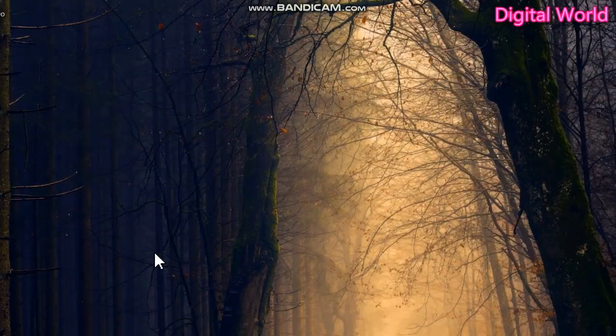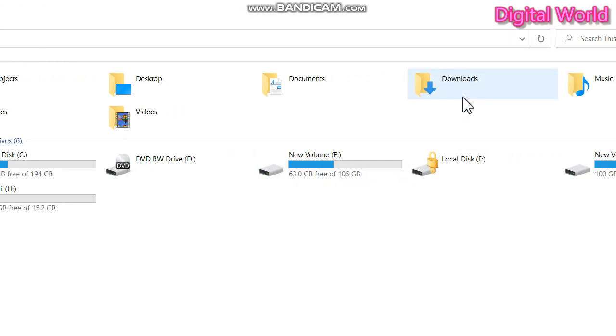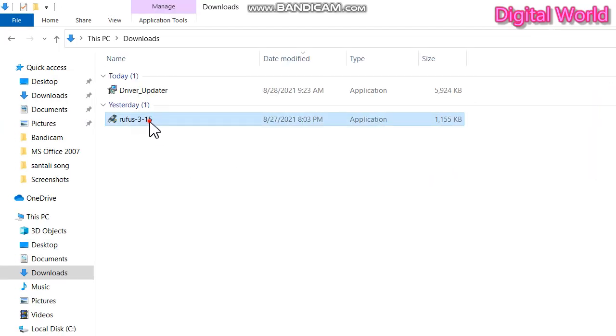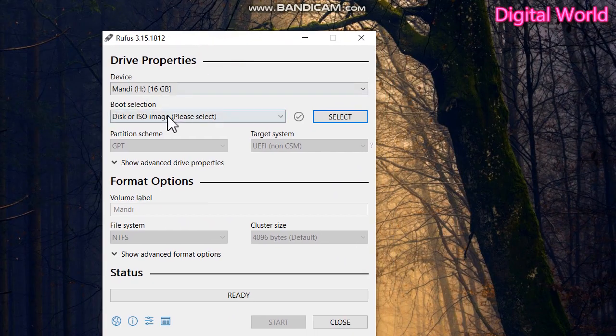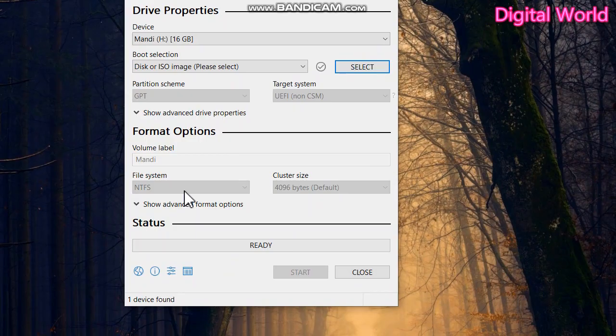Okay, so I am going to prepare a bootable drive. I just click on this and click yes. This type of pop-up will show. This way we can prepare a bootable pen drive for installing any Windows.